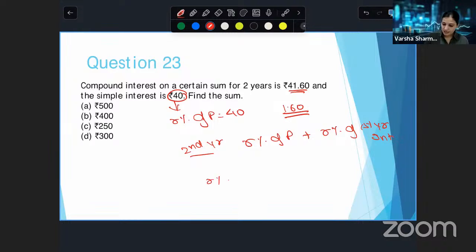कैसे निकालेंगे? दो तरीका है। R% ऑफ 40 इज 1.60, हाँ या ना? नहीं तो 1.60 ही तो रेट निकालना है। तो 1.60 डिवाइडेड बाई 40 इंटू 100 कर दो। 4%। आया ना? तो रेट मिल गया। रेट इज 4%। डायरेक्टली भी ढूंढ सकता था, 1.60 बाई 40 इंटू 100, जो भी। अब रेट 4% मिल गया। कौन सा प्रिंसिपल पे 4% रेट लगाने से एक साल में 40 रुपया मिलता है? 500 पे लगाने से तो 20 रुपया मिल रहा है। 400 पे लगाने से 16 रुपया मिल रहा है।